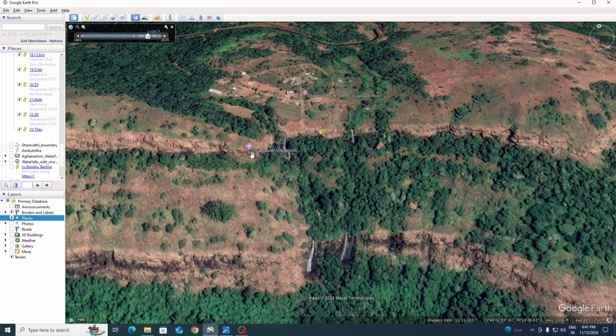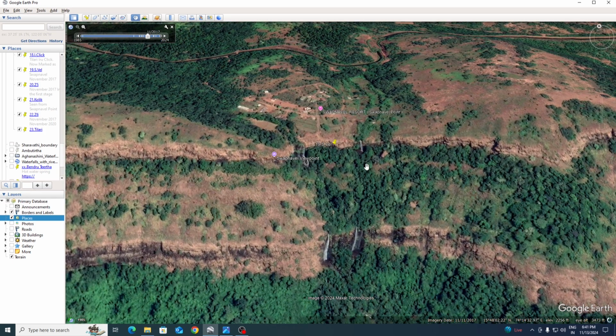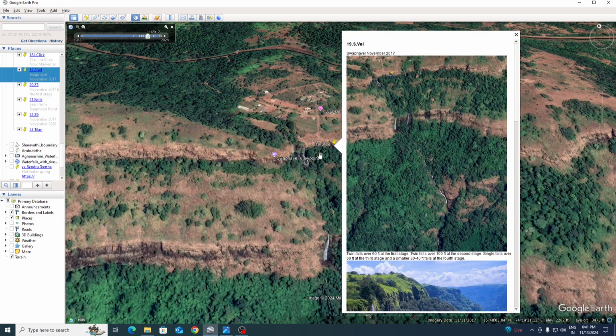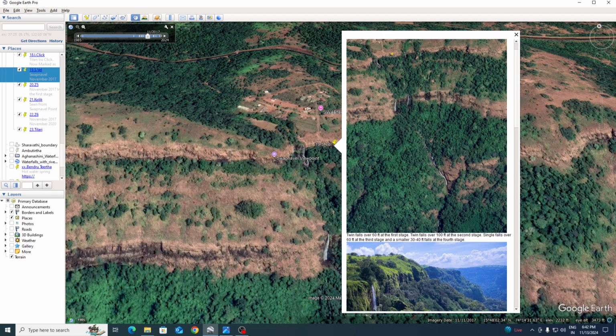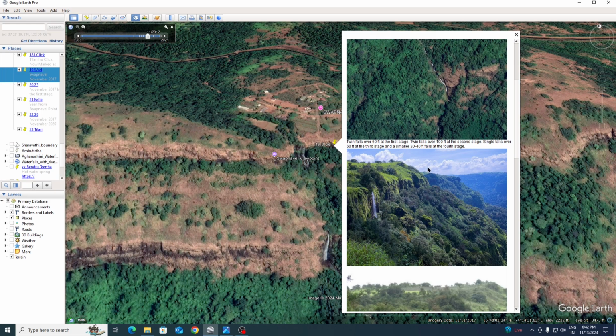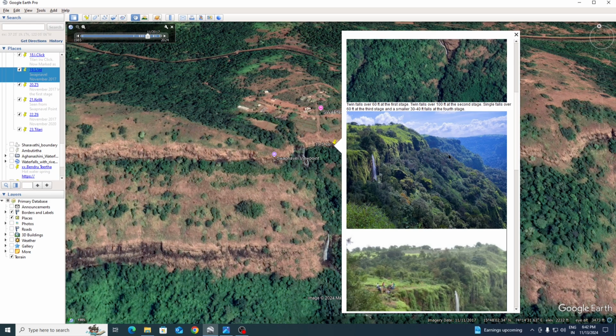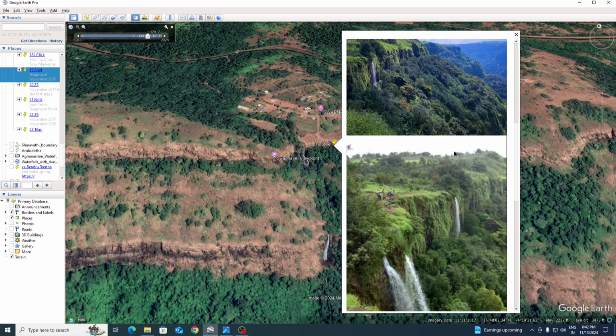This is where people go to actually enjoy the view of the mountain and the valley, and not because there is a waterfall. But incidentally there happens to be a waterfall, and so this is also an unnamed, unknown waterfall. So we call it Swapnavel waterfalls because it's near Swapnavel viewpoint and Swapnavel resorts. This is how it looks, November 2017 satellite image. This is the beautiful view that people go for. This is as seen from the Swapnavel viewpoint,